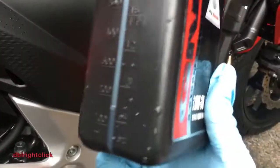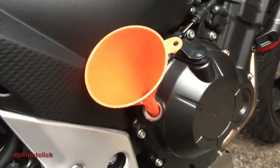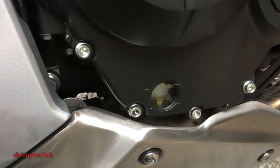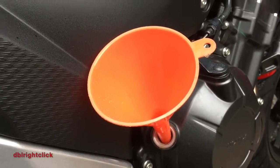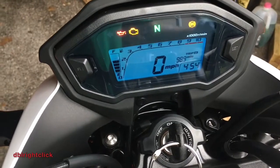Okay, now what I've done is I've filled it all but maybe a quarter of a quart. And then we're going to check and see what the oil level is. It should be high because we'll need to start the bike and see. I'm on my side stand. I'm already showing with the oil. So what I'm going to do is put the cap on and start the bike and let it cycle oil into the filter, and then we should be able to top it off and know exactly where it needs to be. Okay, now in starting the bike,